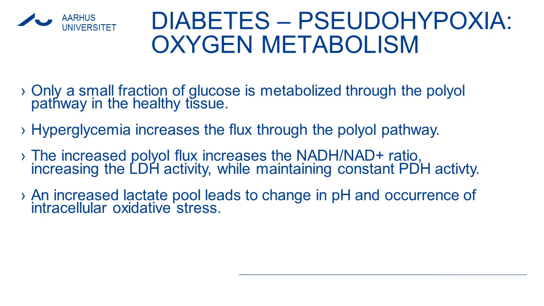And in diabetes, there is a phenomenon which is quite specific for the kidneys, which is called pseudohypoxia. This is where we have a pathway that is related strongly to the oxygen metabolism. The kidneys will normally extract approximately 20% of the cardiac output, so it's a quite oxygen demanding organ. Under normal conditions, only a small fraction of our glucose is metabolized through the polyol pathway. However, when we see hyperglycemia, as we see in diabetes, the flux through the polyol pathway is increased, and therefore we will have an increase of our fructose